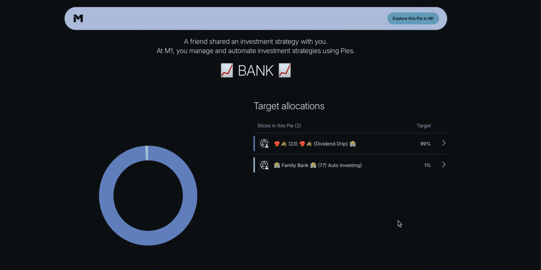But then you deposit $500. You need to go into your 77 boring stocks, the family bank, and then deposit that $500. So your buying power would go from $510 back to $10. If that makes sense, you are